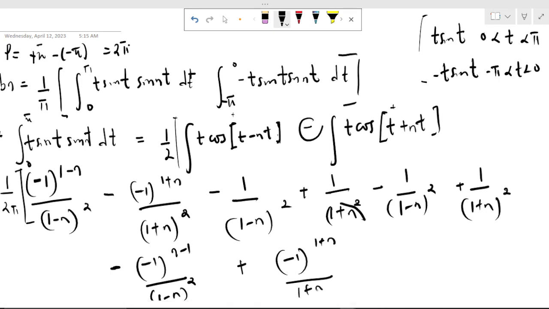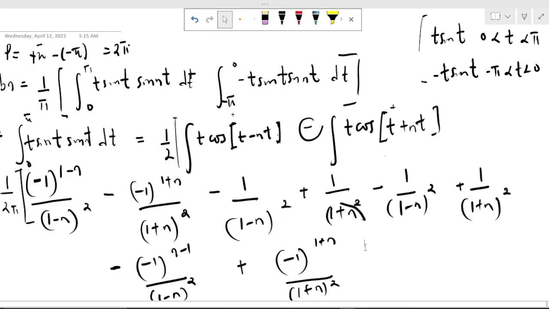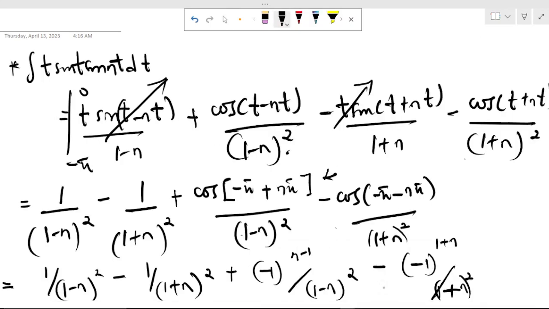Over 1 plus n all square. So let's go back and check what we did again. Let's check our signs properly. Okay, I found a mistake. Now when we inserted 0, we had this. Now before inserting minus pi, we should have a negative. So we should have a negative multiply this to give us